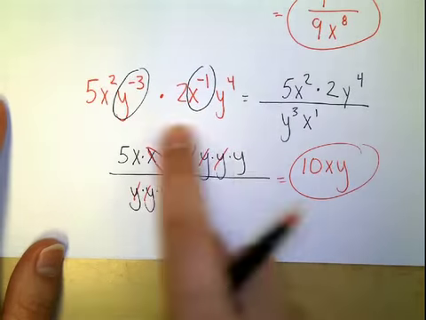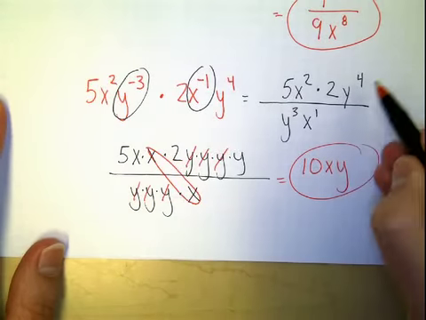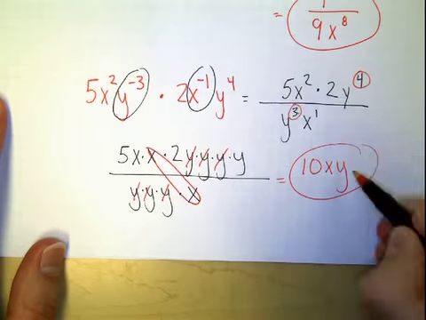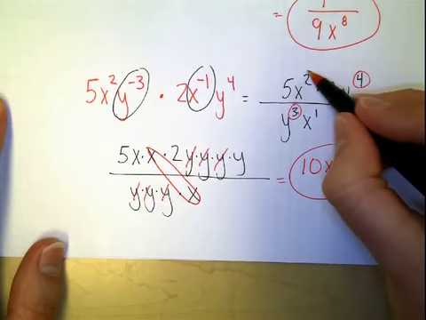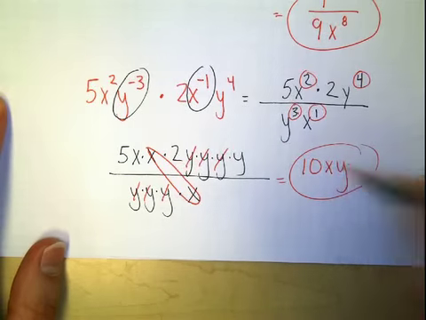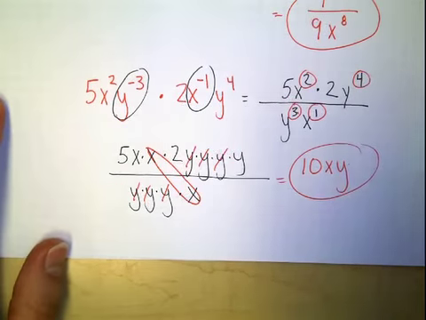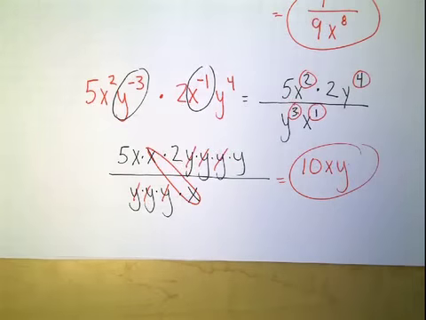Now this is kind of the long way here. If you don't want to do this process, then subtract the powers. Look at the y's. There's a 4 and a 3. 4 minus 3 is 1. Look at the x's. 2 minus 1 is 1. 5 times 2 is 10. You can do that in your head and get an answer real fast too. Hopefully that helps with